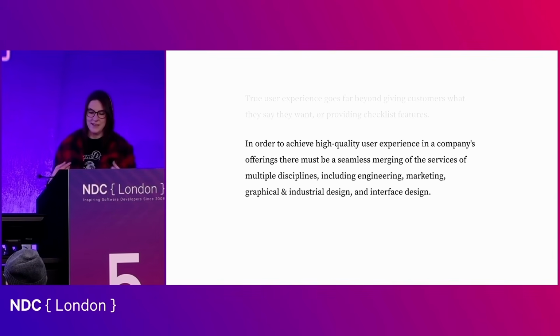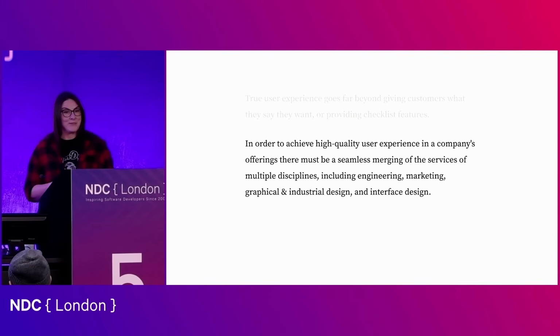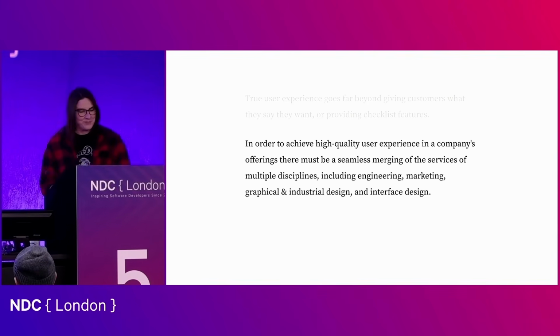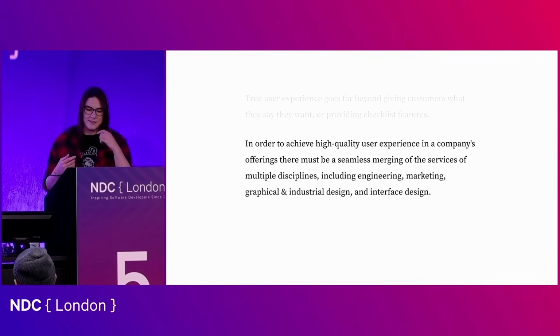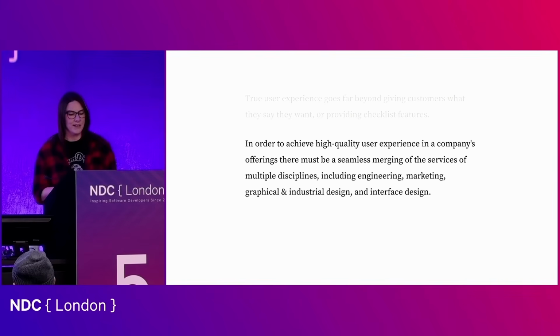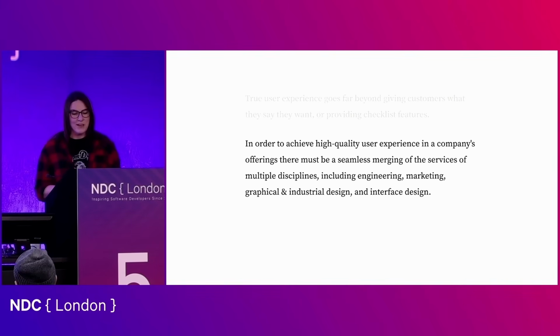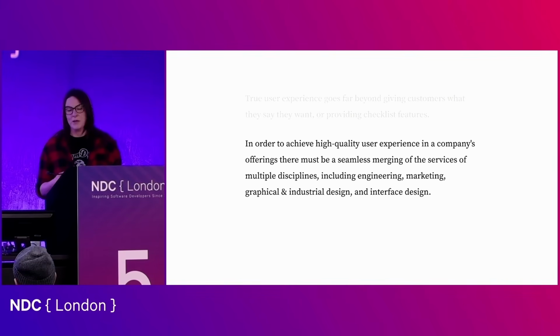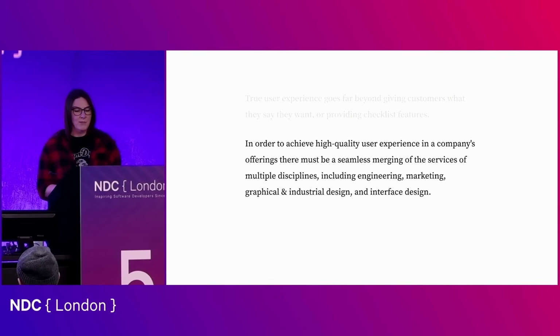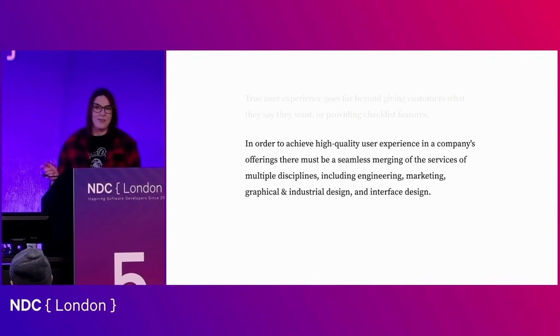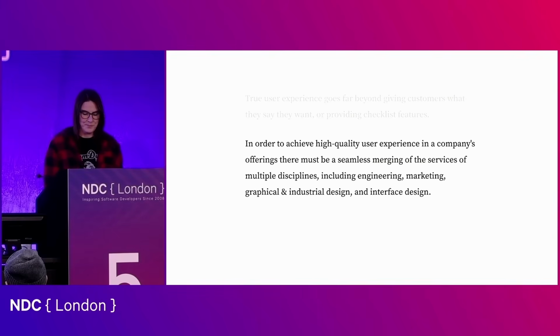And that's why I, as a designer, wanted to come to a developer event to give this talk. I'd like to equip you with at least some small insight into UX design, but mostly to help reframe some thinking around being user first. Maybe it's not think like the user, but also think of the user in general too.